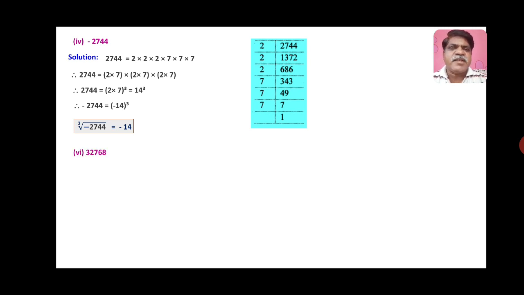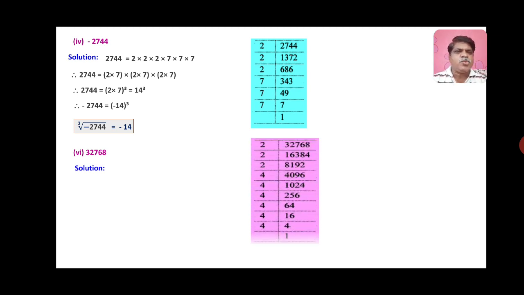So friends, let us take 32,768 one more. The prime factorization of this is 2, 2, 2, 2, 2, 2 and so on. It is a little bit big prime factorization, so rather we will consider 2, 2, 2 into 4 into 4 into 4, 4 into 4 into 4. In the horizontal way, it could be written in this way: 32,768 is equal to 2 into 2 into 2, 4 into 4 into 4 and 4 into 4 into 4.